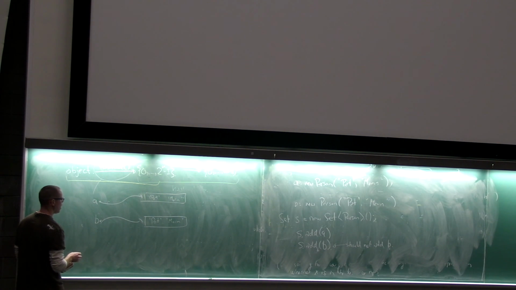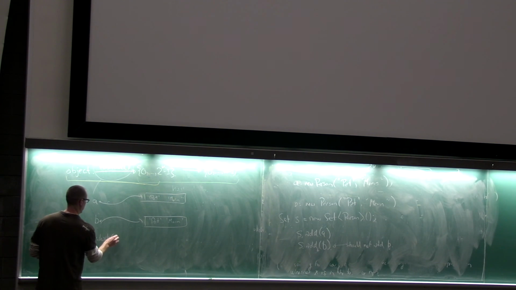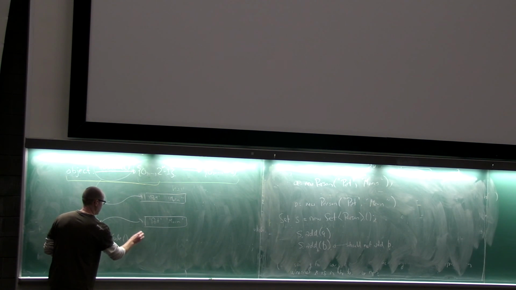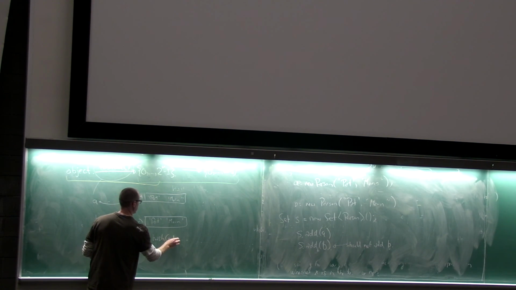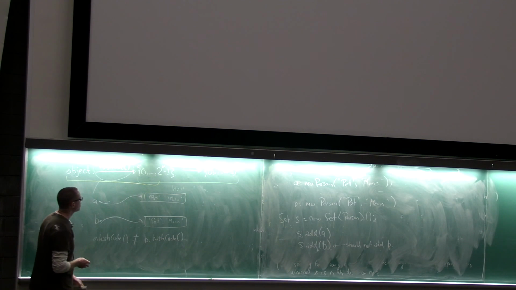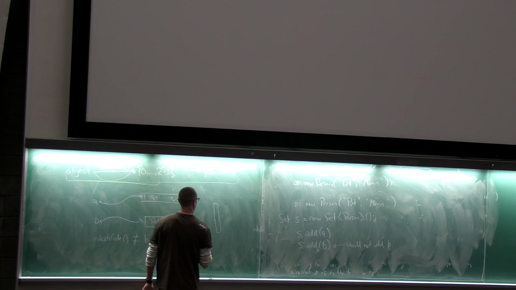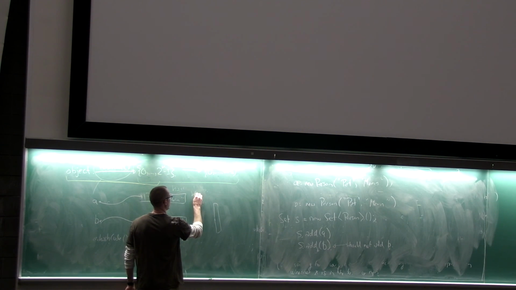And in particular, A's hash code, which is really just this memory location, is not equal to B's hash code. So the set takes A, computes A's hash code,